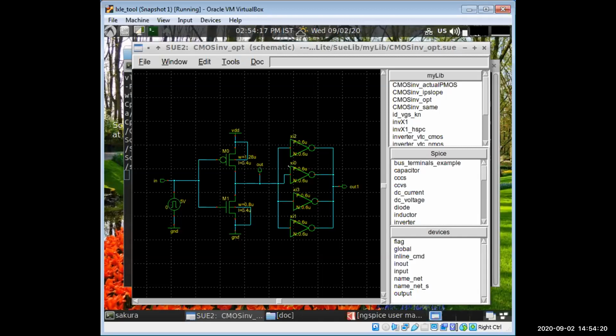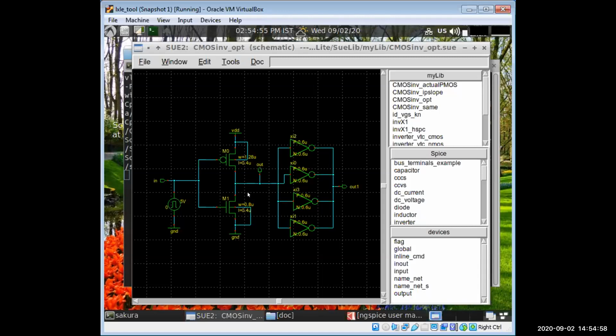According to that, if we change the sizes, that means the PMOS and NMOS size ratio, we know that the PMOS mobility is less than NMOS. In the model file, you can see it is nearly 151 something, and the NMOS mobility is 444 something. So if we find the ratio, then we can set the width as 1.28 micro, that means 1280 nanometer, and this one as 0.8 micro or 800 nanometer.